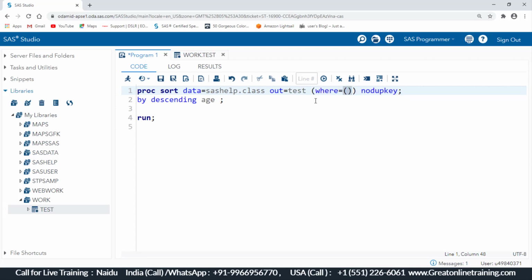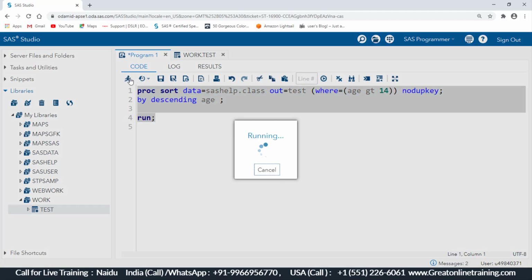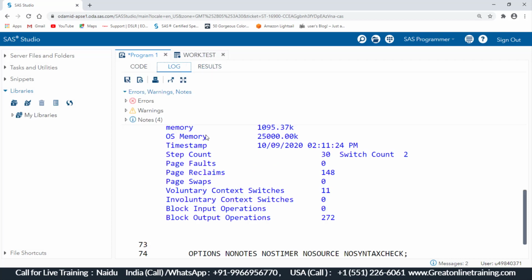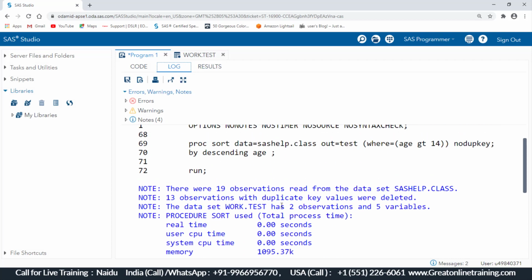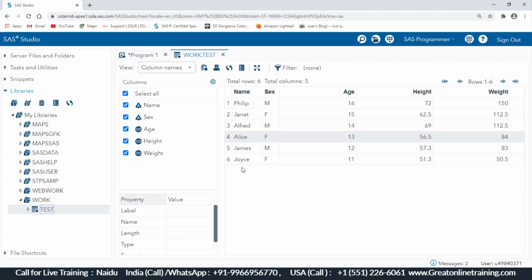Right now you may not see it because there is a very small number of observations. When you have a huge quantity of observations, where you write the where statement actually matters. In this data set we want only where age is greater than 14. Let's see what we get in my new data set. Now check your data set, only 2 observations we will have in the test data set. Check your data set according to age.